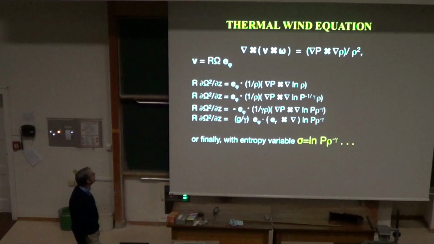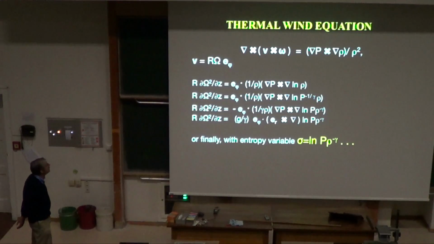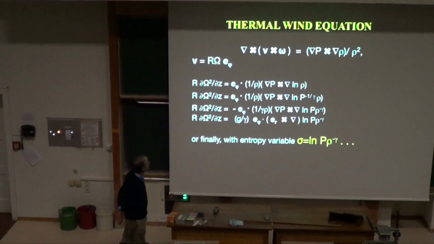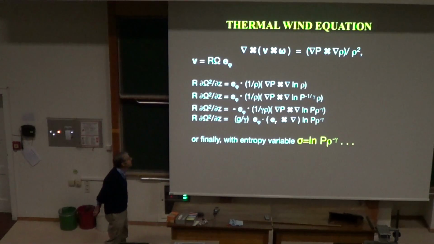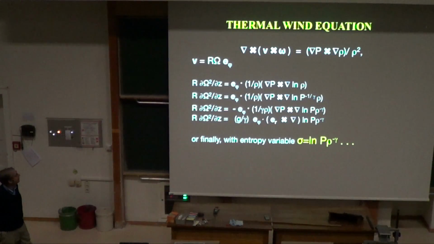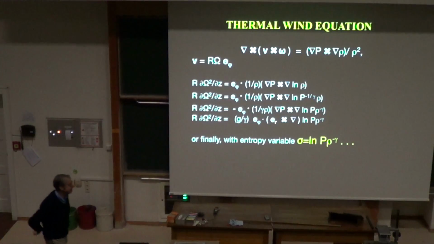So I start with the vorticity equation, and I stick in that my velocity field is going to be purely rotational. So it's r times omega, and then e phi, those are always my unit vectors, phi direction. And then if I go through the sort of manipulations that you see,